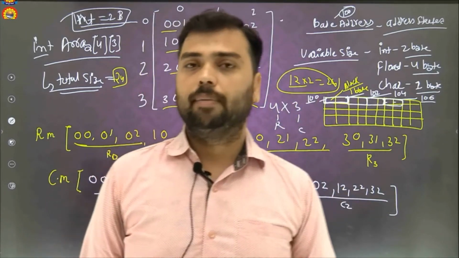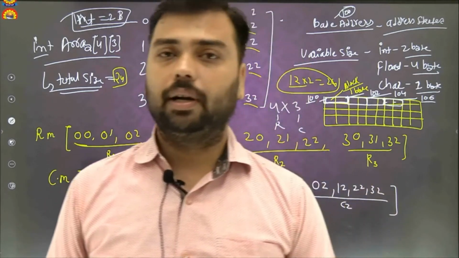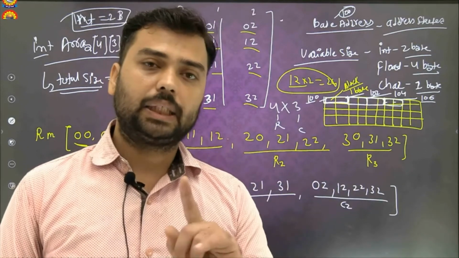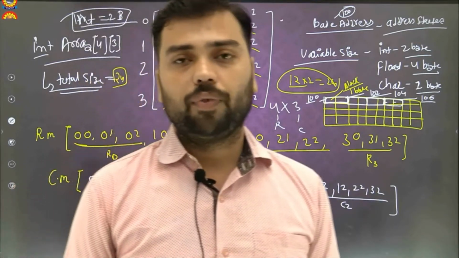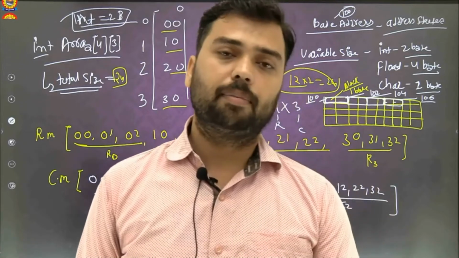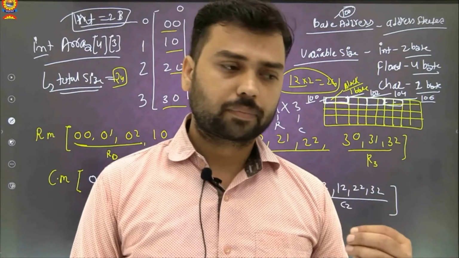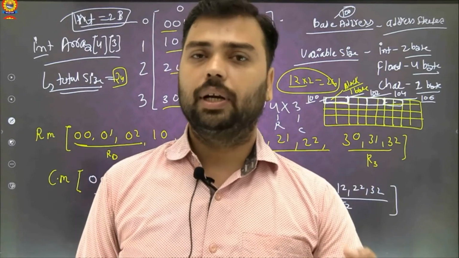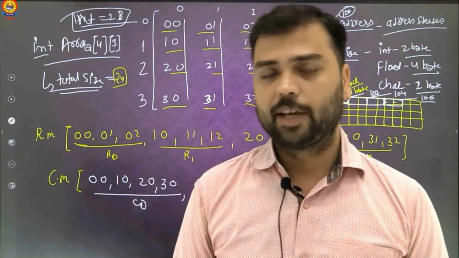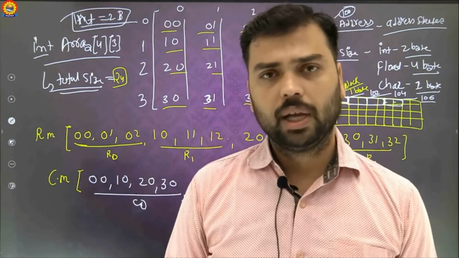Let your seat number start with 33, and every person takes one seat. Then if you wish to identify the address of person number 4, you can say 33, then 34, 35 and 36, something like that. Then you get the address of person number 4 in the cinema hall.